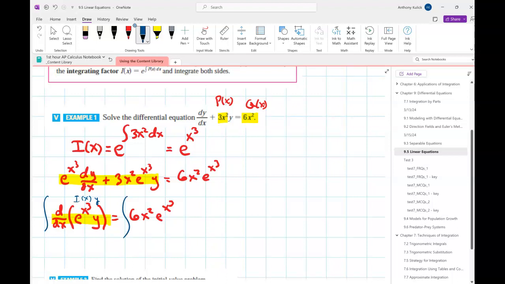Integrate both sides. So the integral cancels the derivative. How am I going to do the antiderivative of 6x squared e to the x cubed dx there? Yeah, I would u sub this. What should the u be? X to the third. So du then is